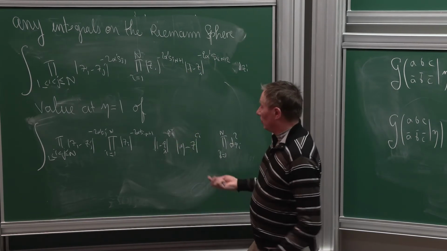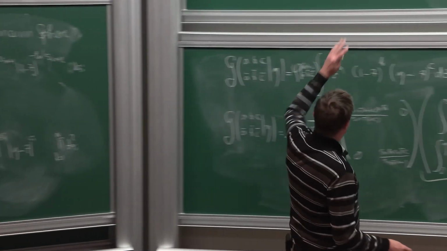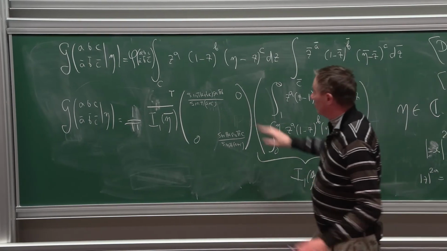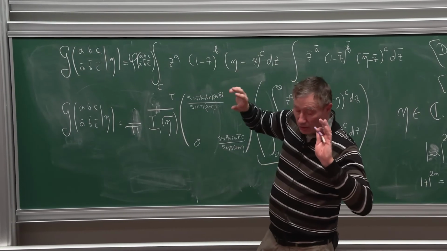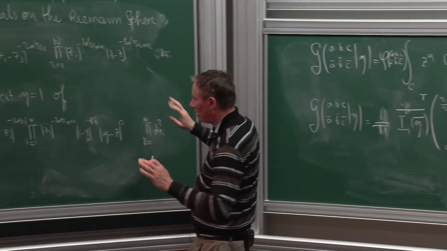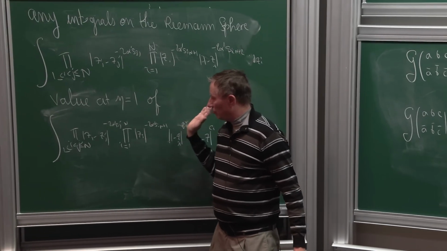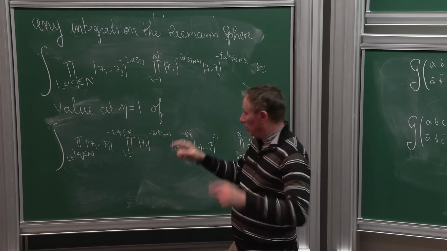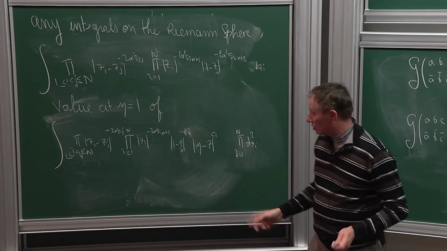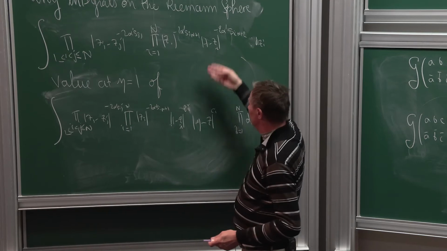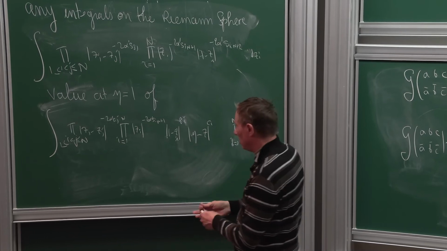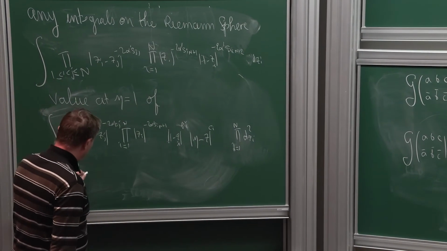Okay. And what you can do is that you can even define, as I did, holomorphic and anti-holomorphic factors with powers a and a bar or a tilde, b and b bar and b tilde, with the condition that for the given monomial, the difference between the holomorphic powers and the anti-holomorphic powers is an integer. Okay, so to make it simple, this is the value at 1 of this integral, and this integral actually is, okay,